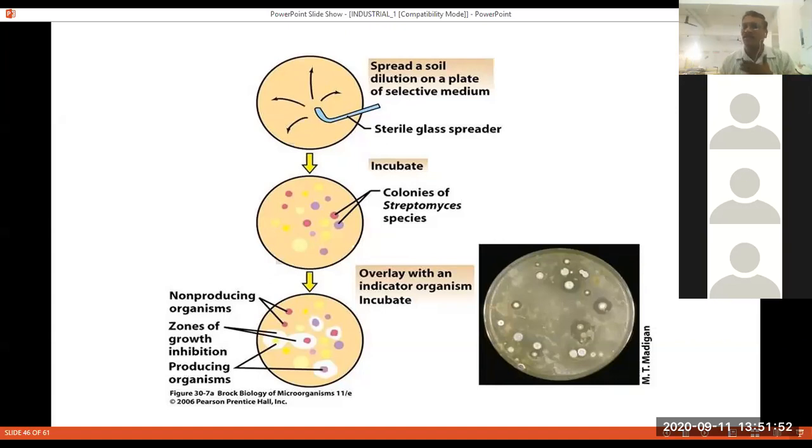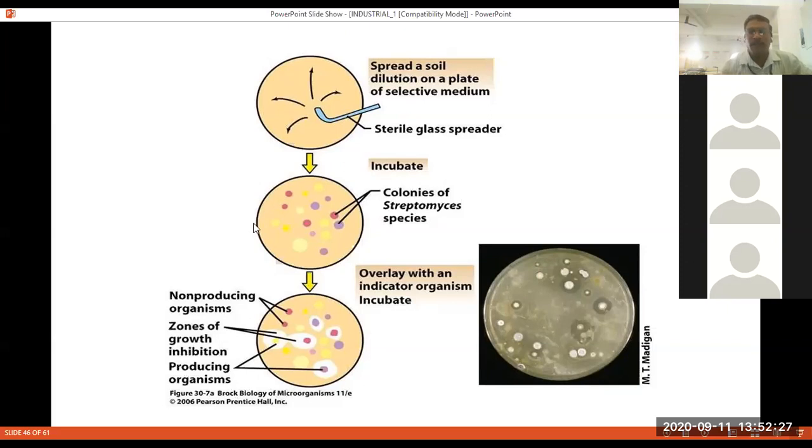If I am interested in fungi, I will incubate it at room temperature, whose temperature will be 22 degrees Celsius to 28 degrees Celsius. This is a standard room temperature. Now, whenever the organisms grow and multiply after the incubation period, for example, I'm interested in the species Streptomyces. That will be Streptomyces griseus, which can produce streptomycin. This is a broad spectrum antibiotic which basically inhibits protein synthesis.